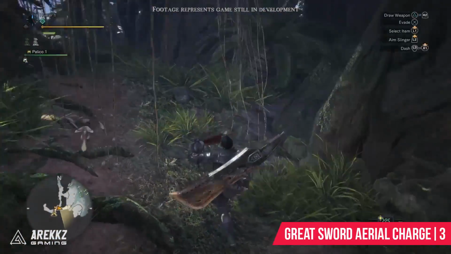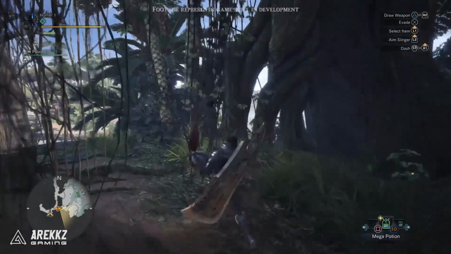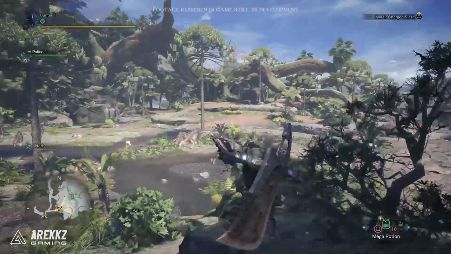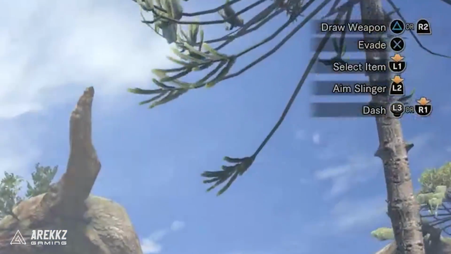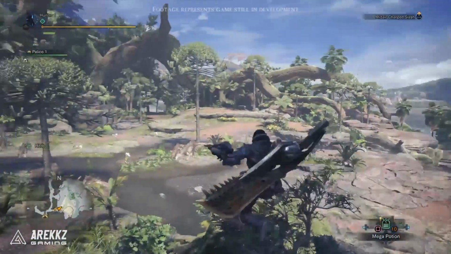Moving on from there to number 3, the charged aerial greatsword attack. I've already said in previous videos that hunter arts and hunting styles are not coming back in Monster Hunter World. They're something that'll remain in Generations. However, that doesn't mean there aren't elements of that gameplay that can carry over. In the top right hand corner, we have some of the button prompts telling us what moves we can do. And thanks to this, when jumping off the ledge, you can see you are able to perform a